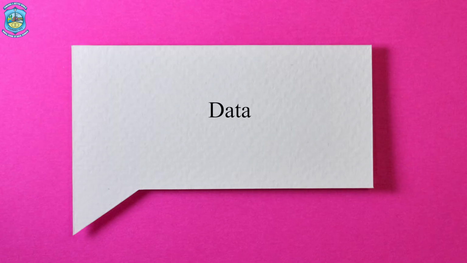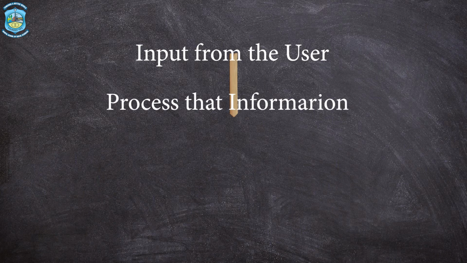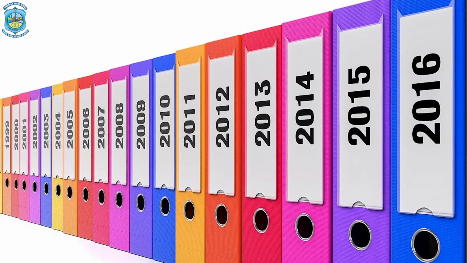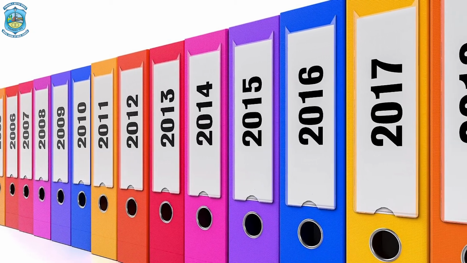Now we define database systems. A system is an entity which takes some input from the user, processes that information and finally gives the output, right? So a database system is an integrated collection of related files along with the details of interpretation of the data contained therein. That means we store the data in a database that is integrated together to provide the desired information to the users when requested.